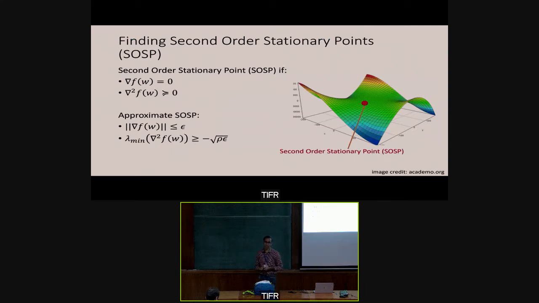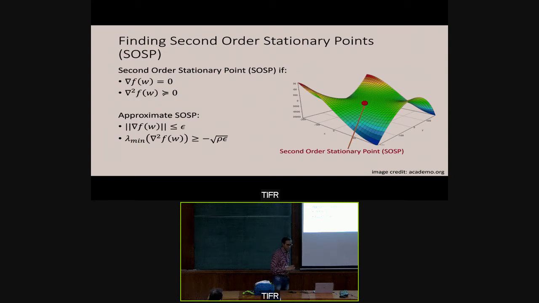Okay, so now let's talk about second order stationarity. Can we have some stochastic gradient descent type of methods that converge to a second order stationary point? And here again, the answer is yes. Now, getting to an exact second order stationary point is difficult, but let's talk about converging to an approximate second order stationary point. That is, you want to find a W where the norm of the gradient is less than or equal to epsilon, and the Hessian at that point has its smallest eigenvalue bounded below by minus root epsilon times this approximation factor rho. Right? If you can find such a point, this will be called an epsilon comma rho pair